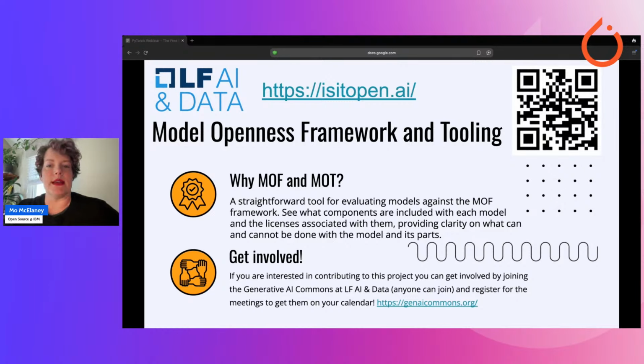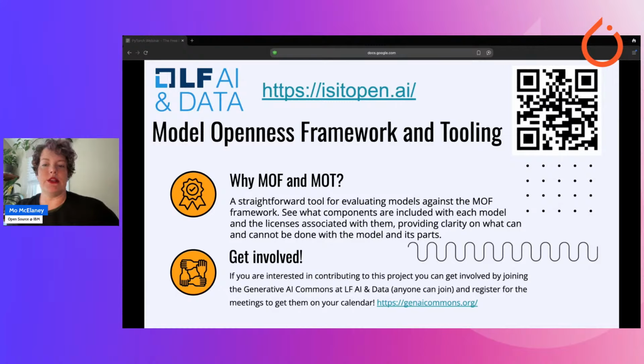This framework assesses which components of the model development lifecycle are publicly released and under what licenses, ensuring an objective evaluation. And then built upon this is the Model Openness Tool. So that's used to implement the MOF.